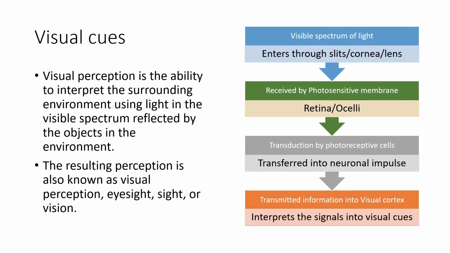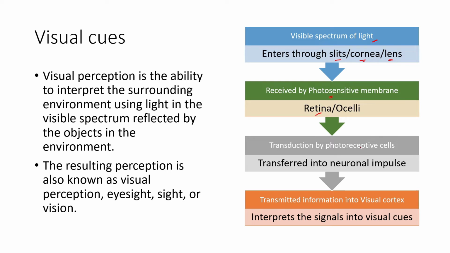The visual spectrum of light will be entering through slits in different organisms, like in lizards and cats, and through the cornea, through different modifications of lenses. Then it will be received by a photosensitive membrane. It might be the retina, it might be ocelli in the case of insects. They have different ocelli. Then there is transduction by photoreceptive cells. After it is received by the photosensitive membrane, it will be converted to neuronal signals